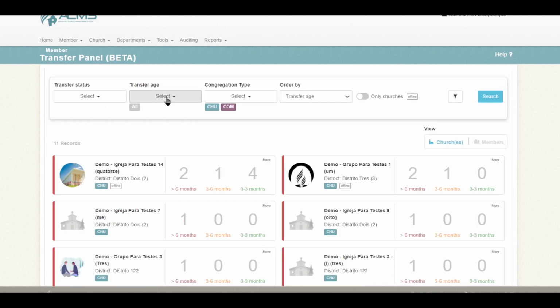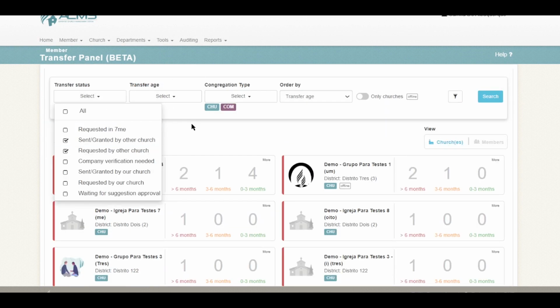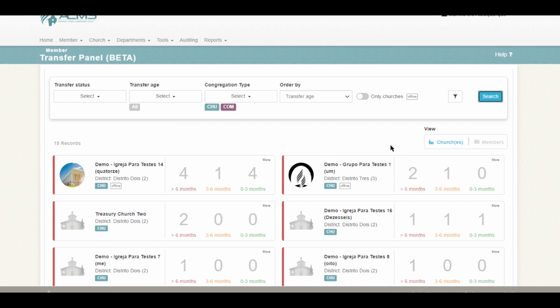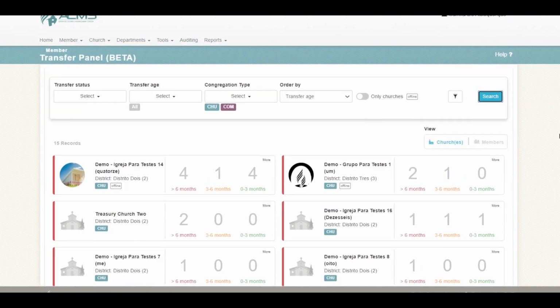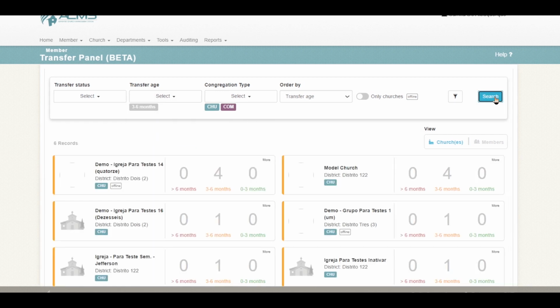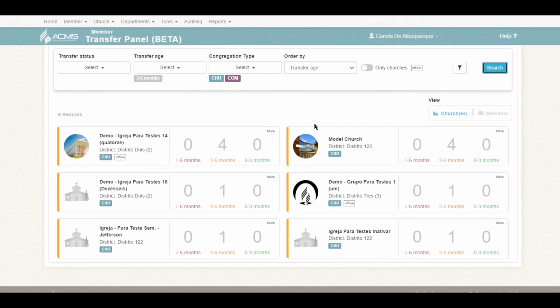You can combine other filters. For example, you can add Sent Granted by Other Church. When you search, you will see all the transfers that are waiting to be sent and accepted in your field. You can search by waiting time, red, yellow, or green. Filter by yellow, and you will have all the transfers that have a duration of 3 to 6 months in your